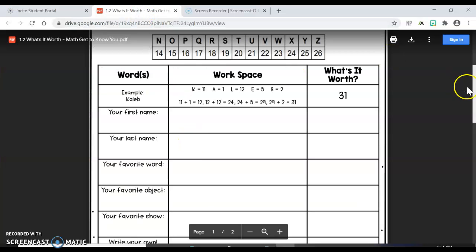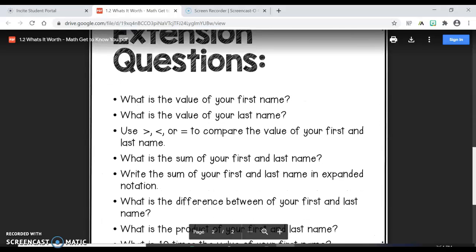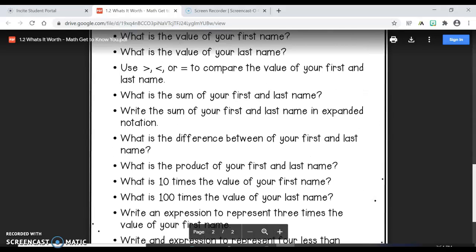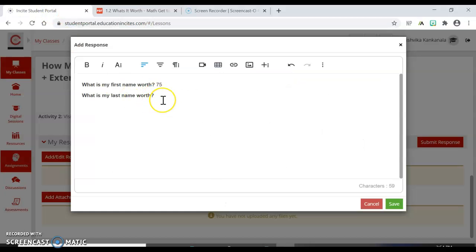You would do that until you go through each one of the prompts it gives you there. And if you want to do the extension, you can do that for sure. I would just, even though they don't say number 1, number 2, you can just either copy paste this question, which I highlighted, right click copy. You could do that, and after you've answered all the other questions, you can right click and you can paste it,